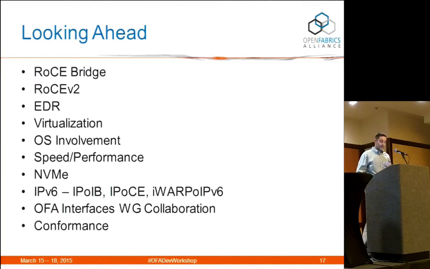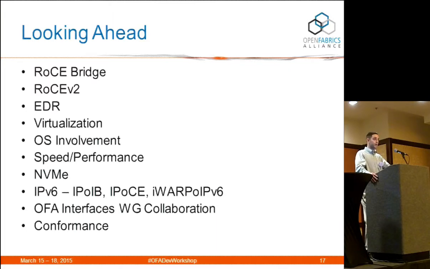So looking ahead, there's just a list of things that we're looking at. Some of this might be familiar as being on the slide from last year. Some of it may be new. We've heard a lot about virtualization, and maybe there's a spot in the OFILG for some of that, as well as incorporating more OSs. Rocky v2 is another one, and of course IPv6, which is near and dear to my heart, as being where I started at the Interoperability Lab. And of course,